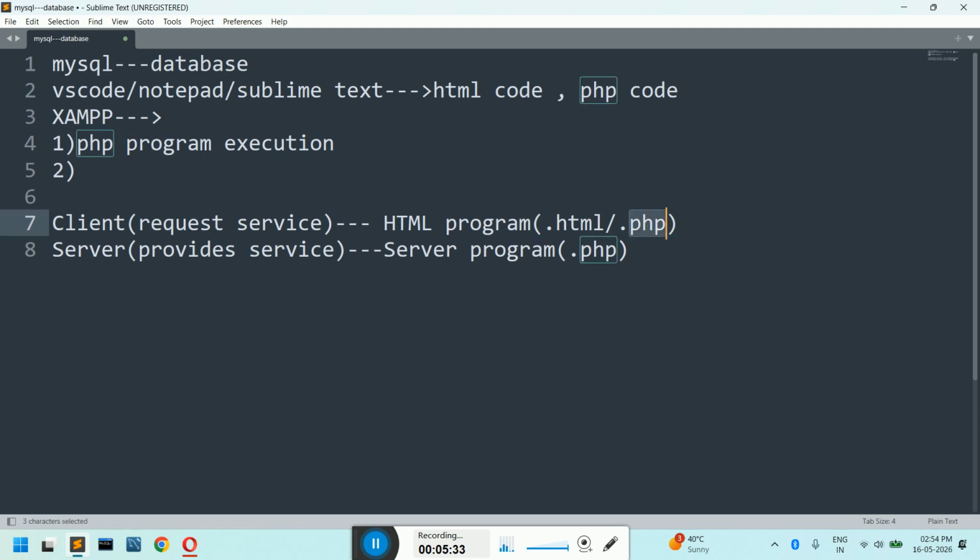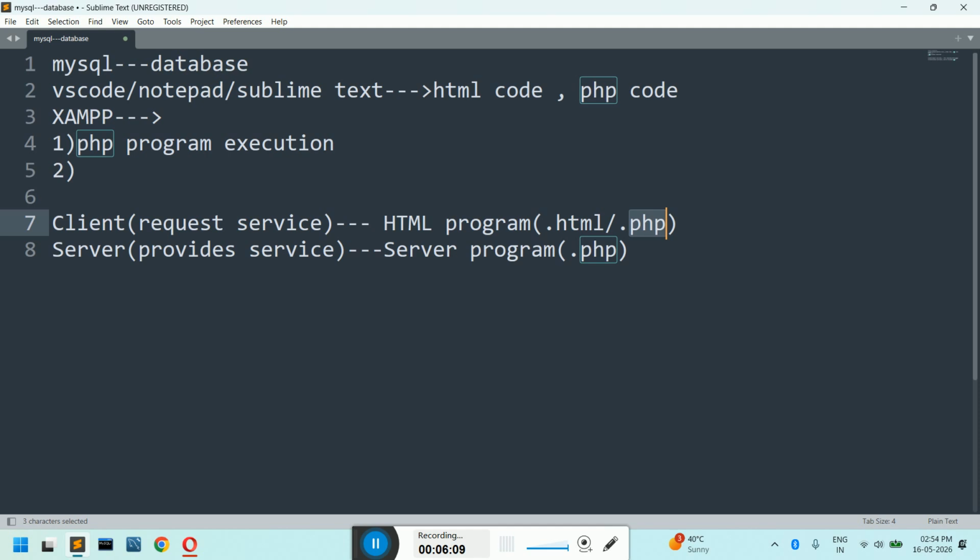Because .php files support the PHP language, and they support the HTML language also. So both HTML and PHP languages are supported. That is the advantage we get. The same file extension supports two different types of languages. Hence, I would prefer that whatever HTML code you have written till date, or whatever HTML tags we have studied till date in the HTML section, I want you people to write that HTML code inside the .php